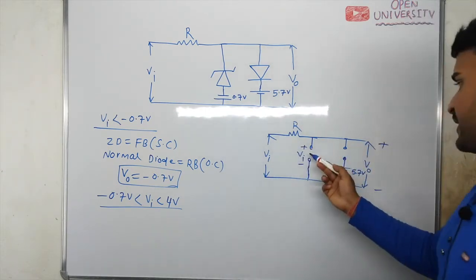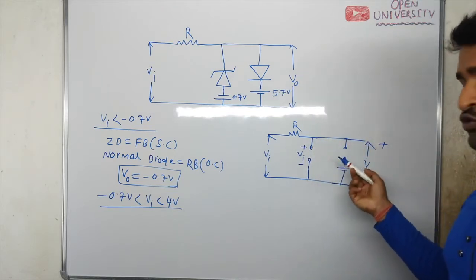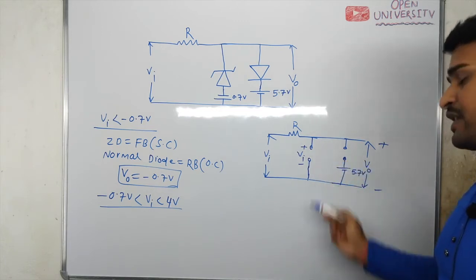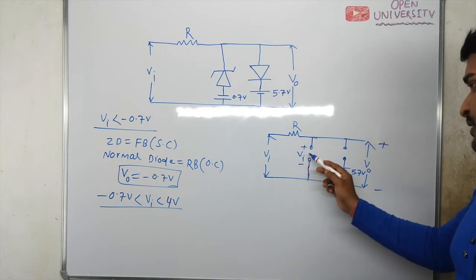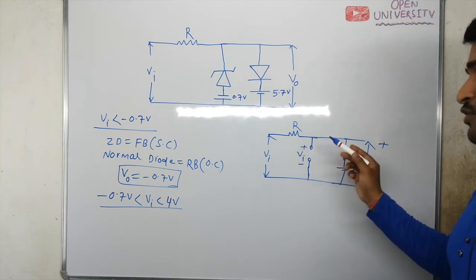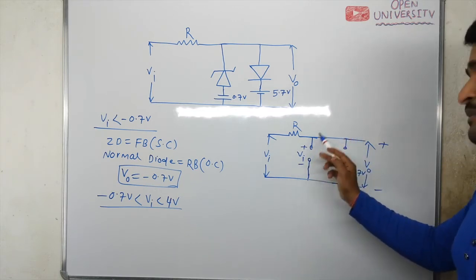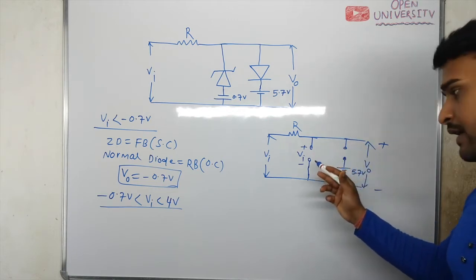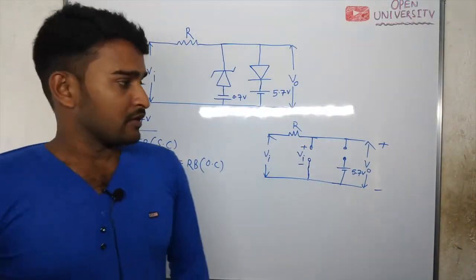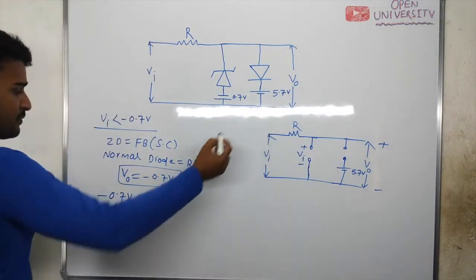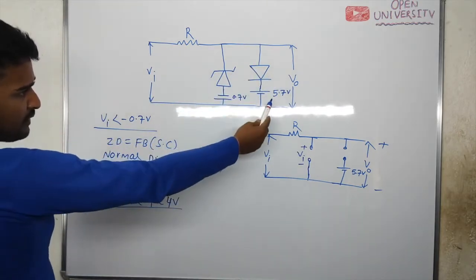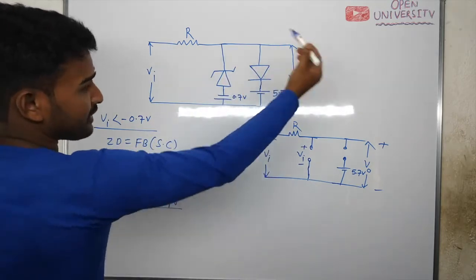If this voltage VI is greater than or equal to the breakdown voltage, that is 4 volt, then the Zener diode will be in breakdown and it will be replaced with a constant voltage source. But if input voltage is less than 4 volt, then the Zener diode will be reverse biased and will not be in breakdown, so it will behave like an open circuit. And this normal diode is reverse biased because your input voltage is less than 4 volt, and for the normal diode to become forward biased, input voltage should be greater than 5.7 volt.